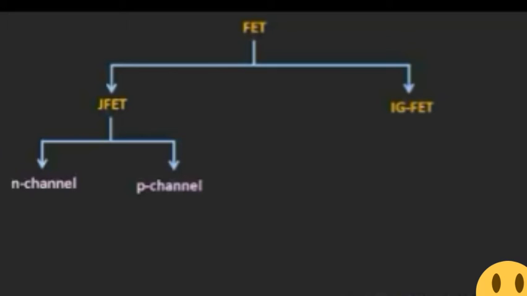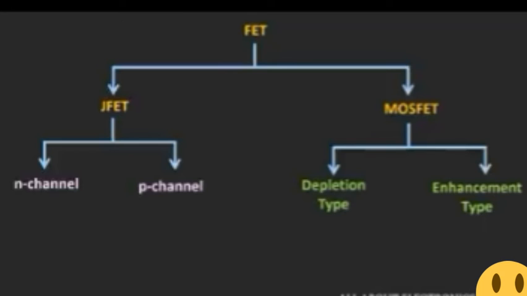Let's talk about the second type of FET. This IGFET uses an insulating layer between the gate terminal and the channel, and typically this insulating layer is formed from the oxide layer of the semiconductor. The name IGFET refers to any type of FET which has an insulated gate, and the most common form of IGFET is the MOSFET. In the MOSFET, the gate is made up of a metal layer and the insulating layer is made of silicon dioxide.